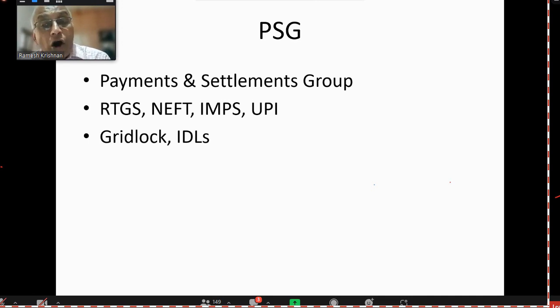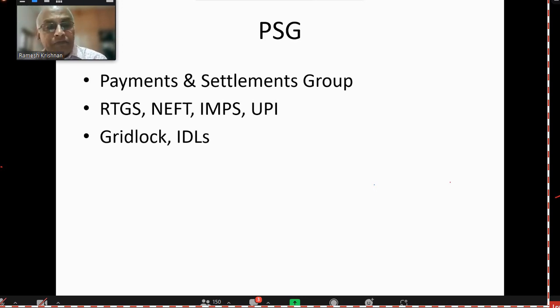RTGS is gross settlement, real-time gross settlement, and NEFT is National Electronic Fund Transfer, but it is net settlement. Now, what is the difference? We'll be covering it when we cover DVP also. You will get more clarity then. But still, I will say RTGS means